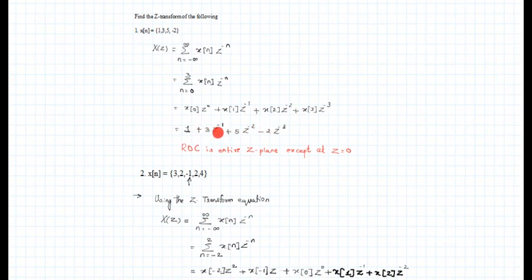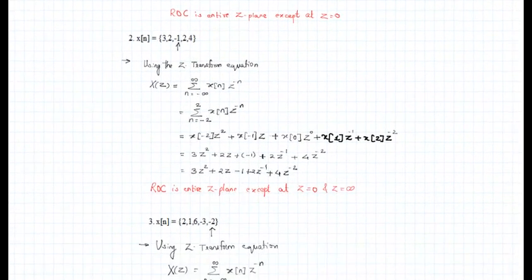Right, so whenever a sequence in the Z transform has negative powers of Z, we can now easily correlate that the given sequence is completely right-handed. So a right-handed sequence has negative powers of Z in its Z transform. Right? Observing the second example, let us make a certain conclusion.